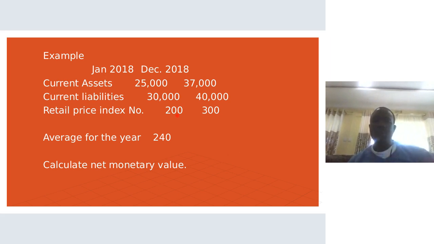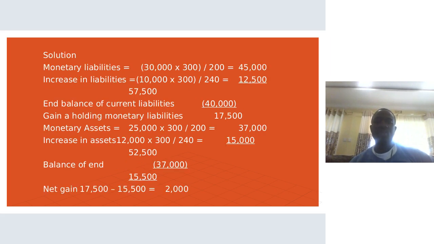Now, there is an increase in liability from 30,000 to 40,000. Now, the difference there is 10,000 shillings. So again, for that 10,000, we have to get